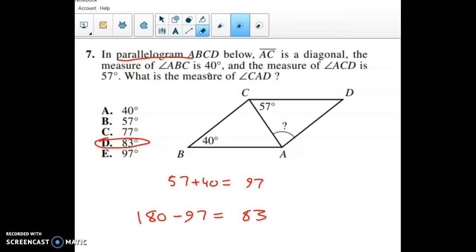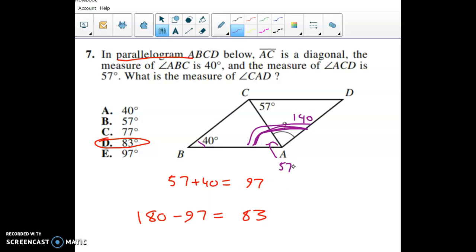So one other example is that these two together, the 40 and this purple one, those have to add up to be 180 because the lines are parallel. So we could do something along the lines of like, well, if they add up to 180, this one must be 140. All right, and then you have the 57 is an alternate interior angle with that one right there, making that 57. So if the whole thing is 140 minus the 57 chunk here, that would leave us with the same answer of,